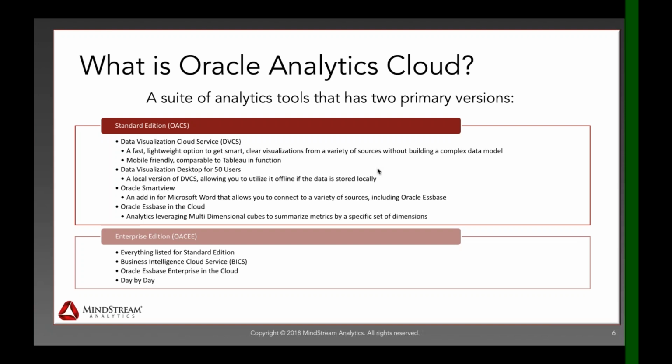So there are two primary editions of OAC, the standard edition and the enterprise edition. The standard edition actually does not include the business intelligence cloud service component, which I'll talk about in a moment. But what it does include is a tool called Data Visualization Cloud Service and a desktop version of that data visualization tool. That tool serves a lot of the same functionality of OBIEE in terms of presentation and creating visualizations and being intuitive, but the real difference is that it's more of a lightweight reporting system